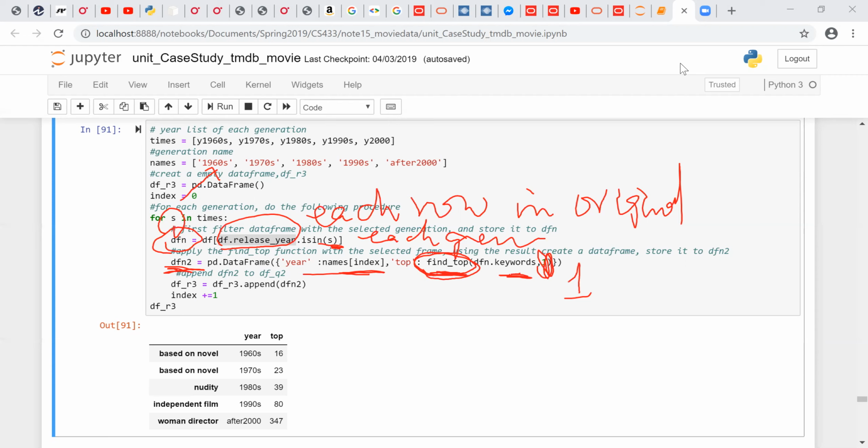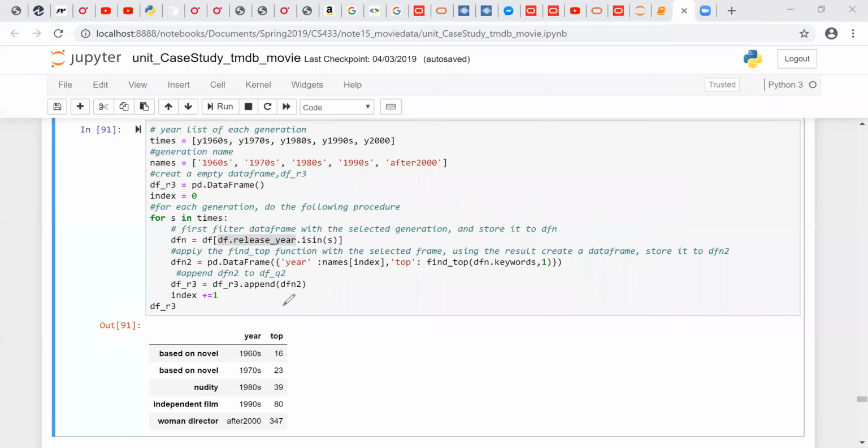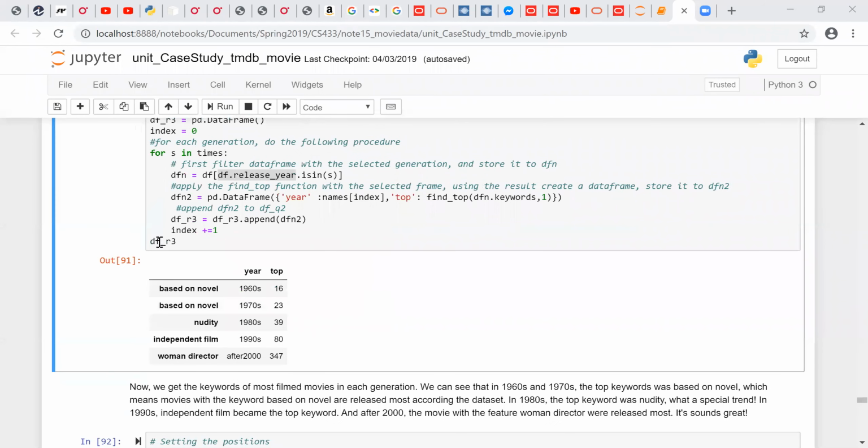So we call that the find top function, okay? Get the top keyword for that year for that generation. So that's how we do this part. And then after that, over here, we show the result. The result shows up for each generation. For each generation, what you can get is